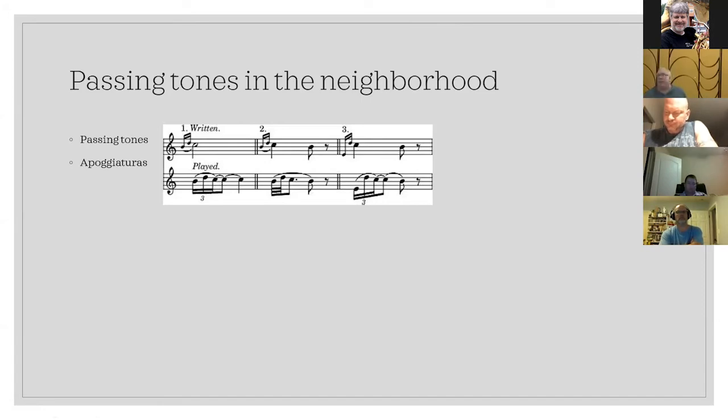In Baroque music, it was up to the players to ornament the music depending on what they felt. A lot of these ornamentations were really hard to write down, so they would write down little figures to make them a little bit more